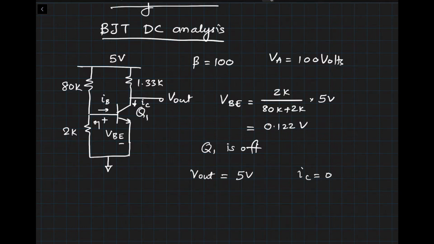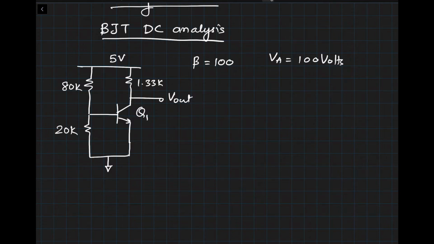So this is the simplest example where the transistor is off, and that is happening because of this particular resistor. That number is small. So let's redo this example. In this example, we will just change the value of this particular resistor to be equal to 20K. Following the same method we did before, we can quickly tell that if you ignore the base current, then the voltage looking back here is going to be 20K divided by 100K times 5 volts, which is 1 volt. So there is a good possibility that Q1 can be turned on.